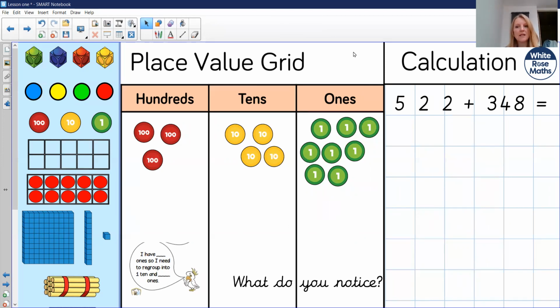348. Okay, look at that 2 and 8 in the ones column already. You know that there's going to need to be some regrouping. Okay, have a go at that one. Maybe I'll do it at the same time as you. So here we go. I need my hundreds, tens, ones,